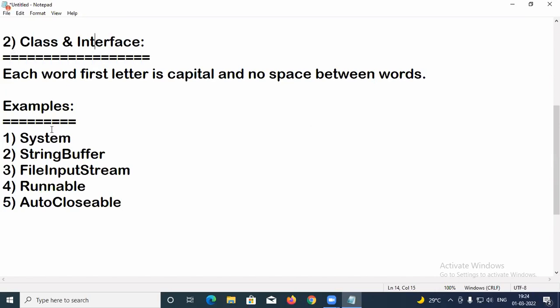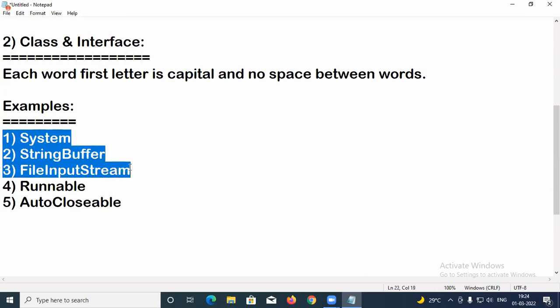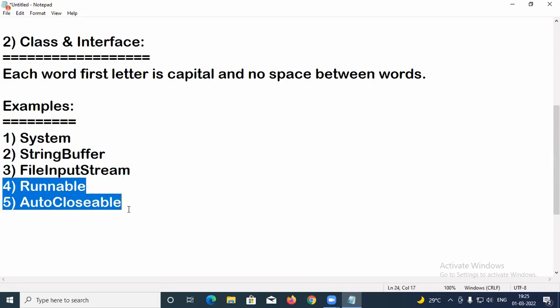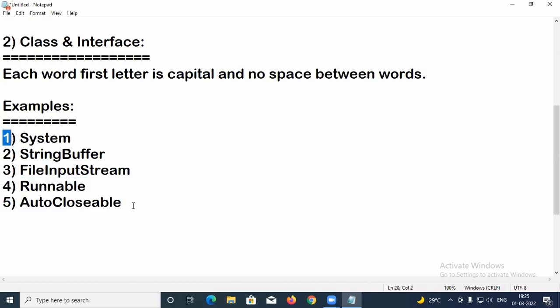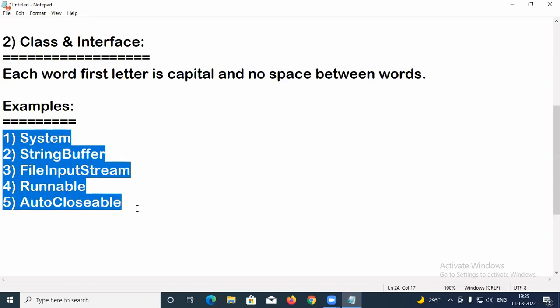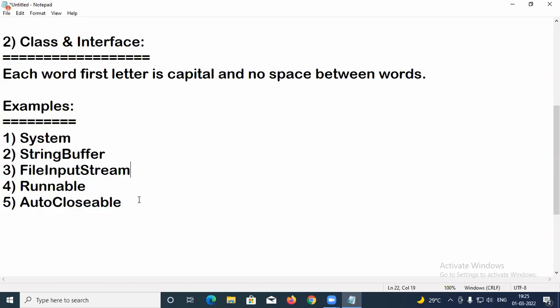In this program, these three classes are given and these two interfaces are given, but in the present library we cannot identify. Okay, leave that. There is no need to write that point. Now, the third one,